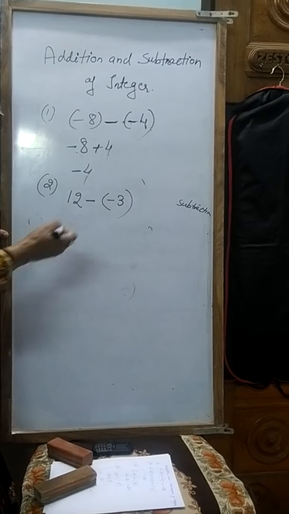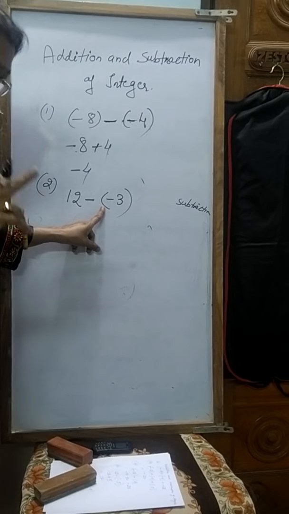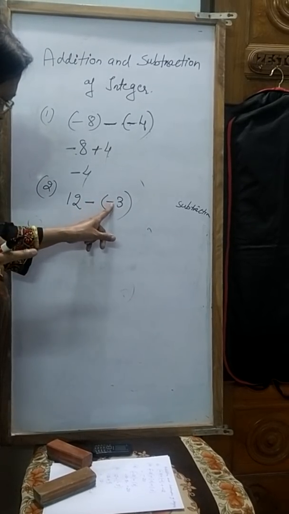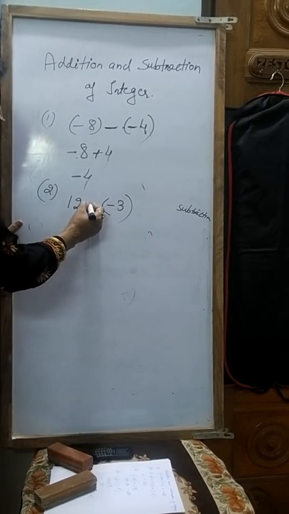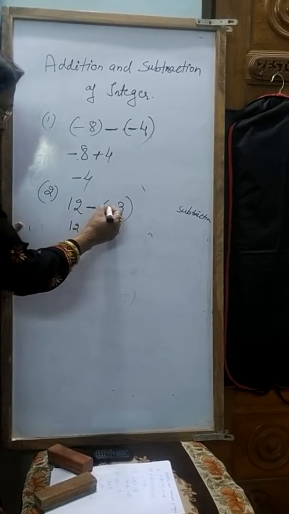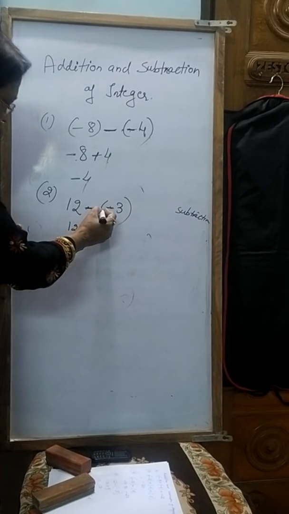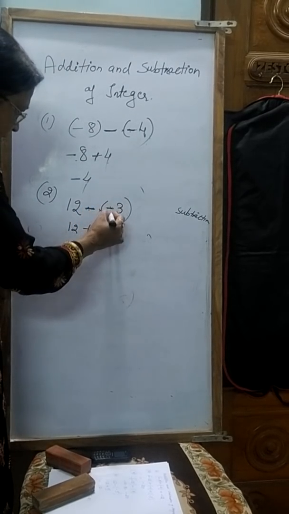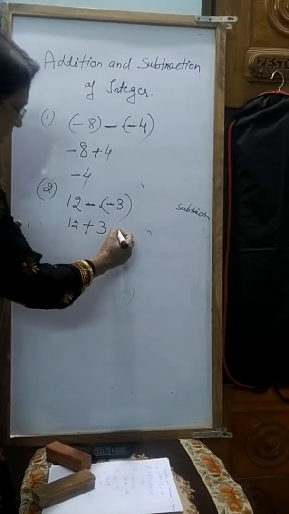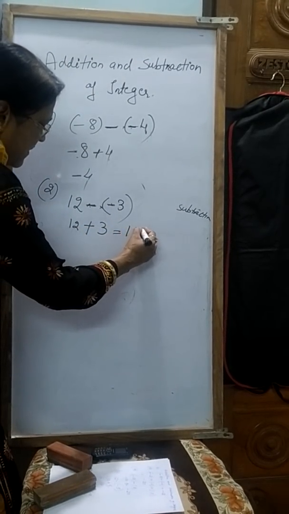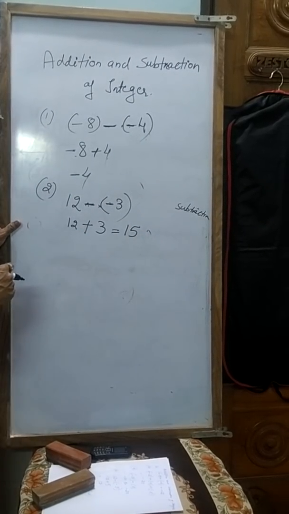So again what I told you, जैसा मैंने बताया, first to open the bracket. ब्रैकेट ओपन करते समय देखो कि अंदर और बाहर कौन सा साइन है. So here 12 और माइनस दोनों माइनस और माइनस मिलके क्या हो जाएंगे, प्लस. In case of multiplication, minus and minus will be plus. So here you will get 12 plus 3 and this answer is equal to 15.